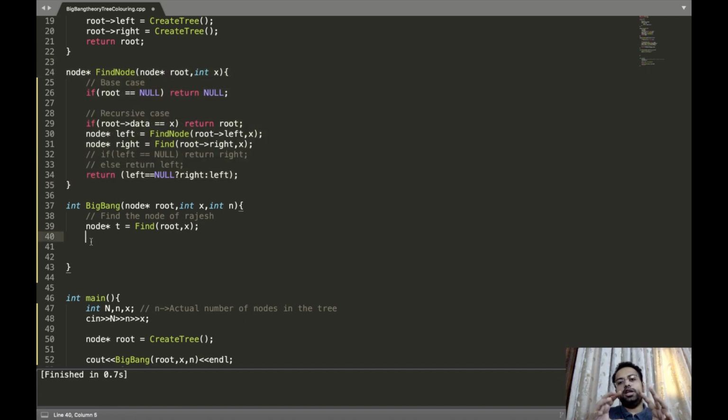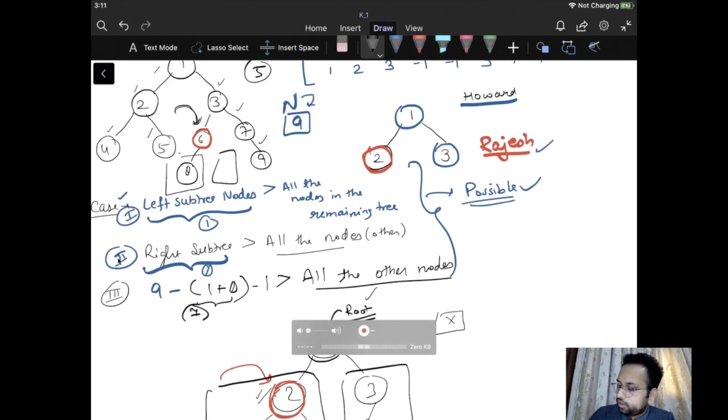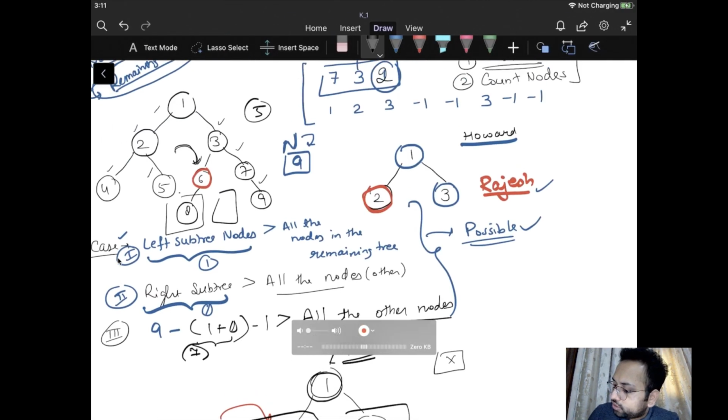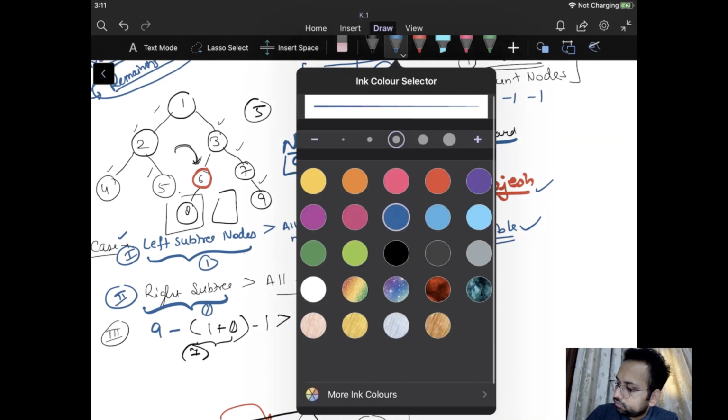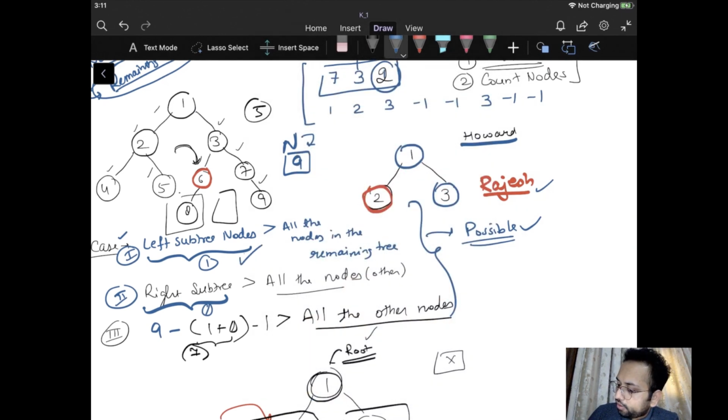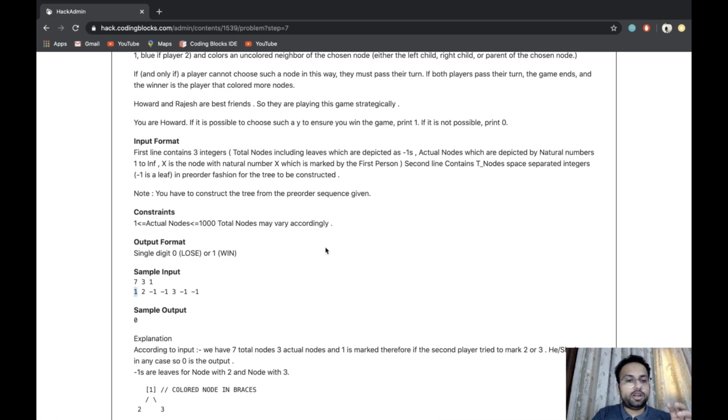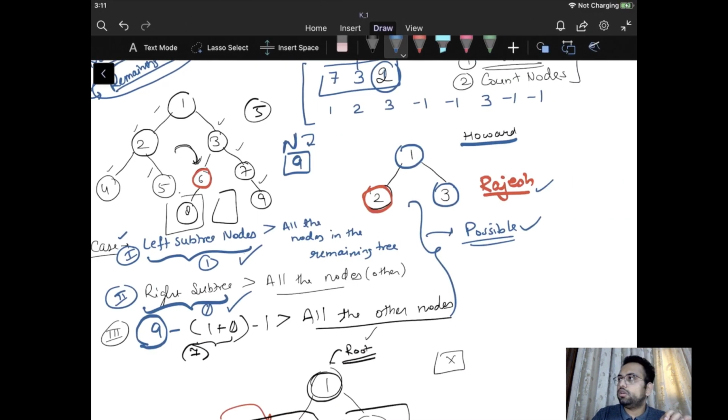Now we need the count of the left subtree and the right subtree, right? And we also need the remaining nodes of the tree, right? So we need these two particular things when we are trying to solve the problem. So let us see how we can solve this particular problem.